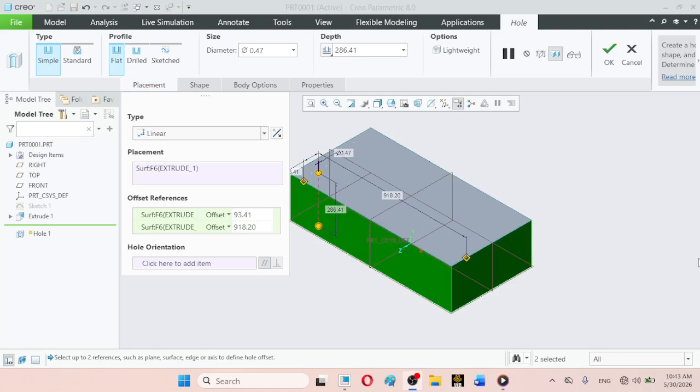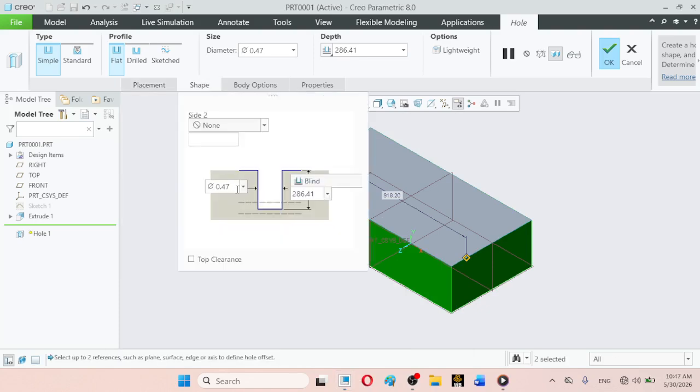Then just determine or define its diameter.